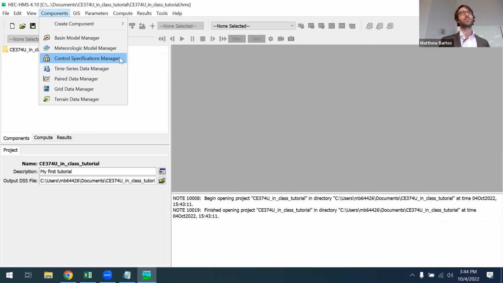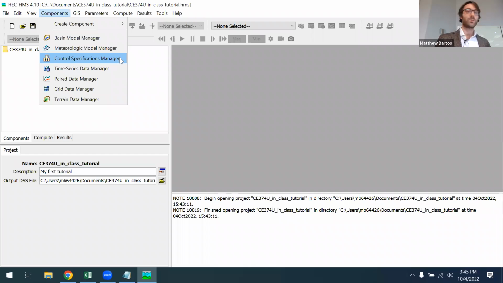It doesn't actually have anything to do with control as in control of the water itself, but rather this refers to the parameters of the simulation, such as how long you want the simulation to run and what time step you want to use for the simulation. Okay, so those are the 4 main components. We have basin model, meteorologic model, time series model, and control specifications.